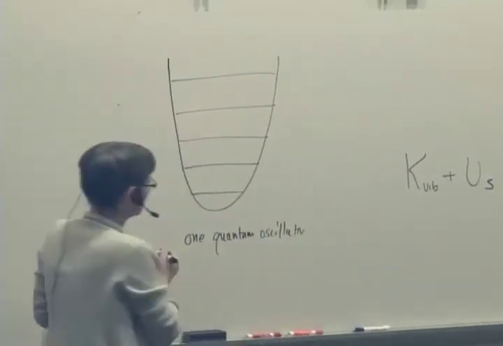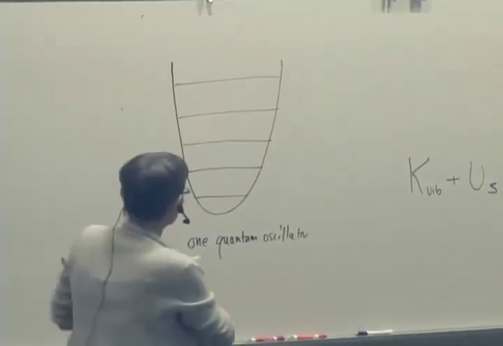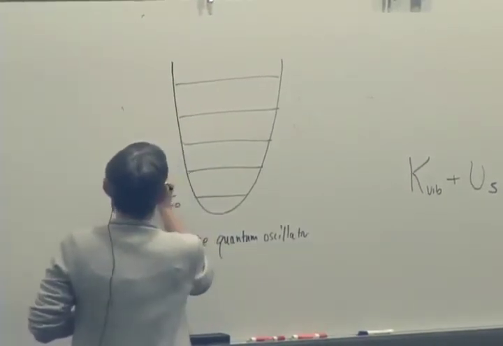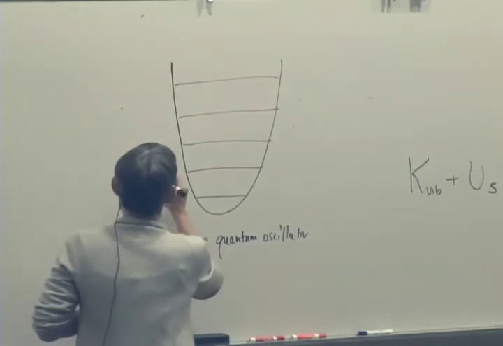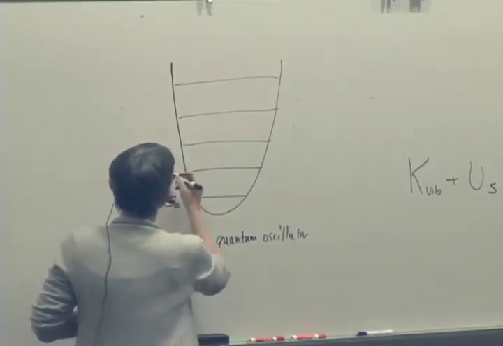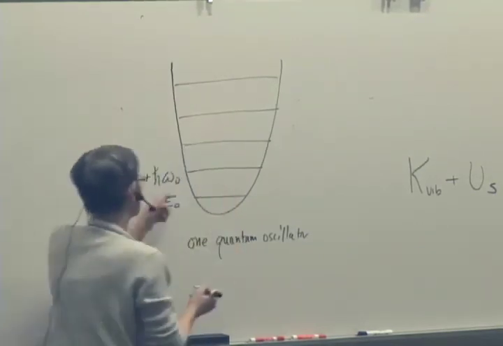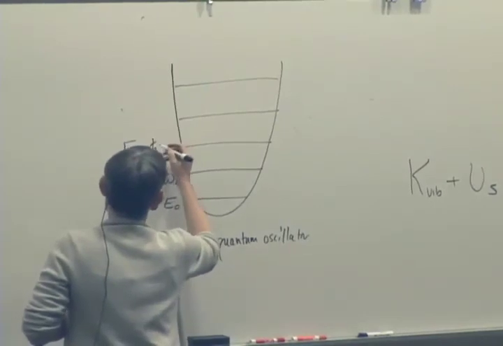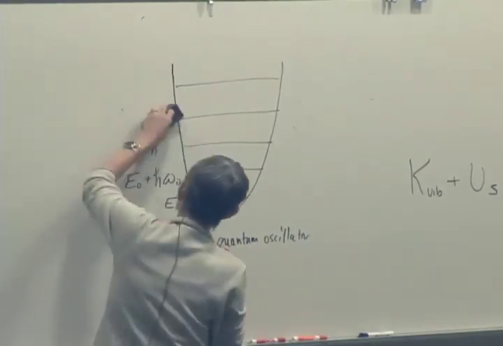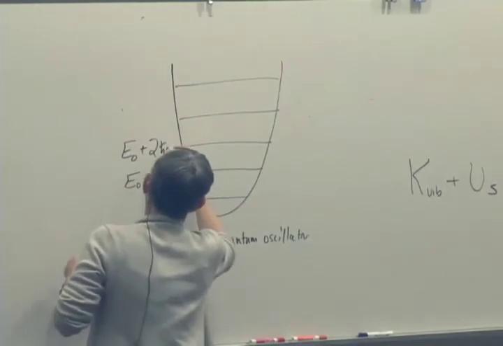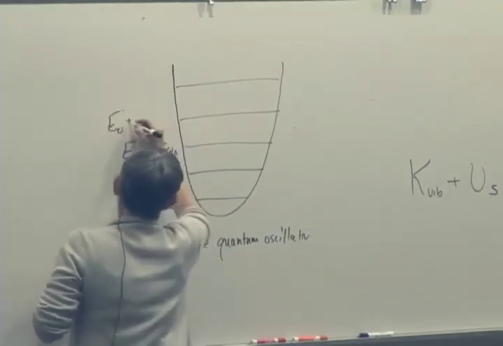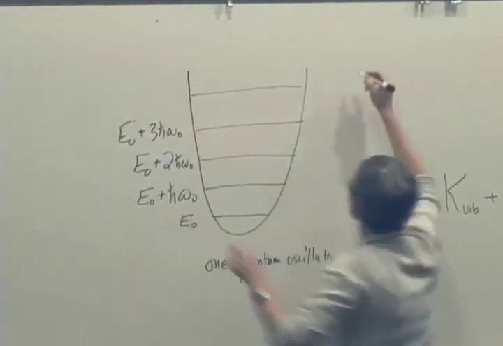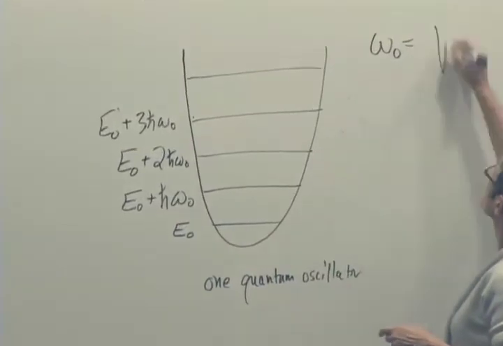And remember that if we call the energy of the ground state E0, then this energy would be E0 plus h bar, what we've called omega 0, and this would be E0 plus 2 h bar omega 0, etc., where this frequency omega 0 was